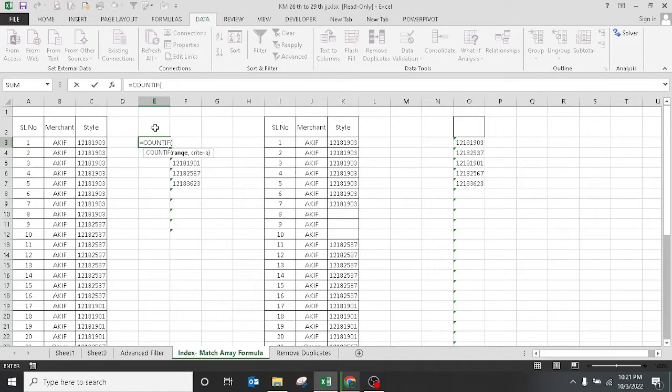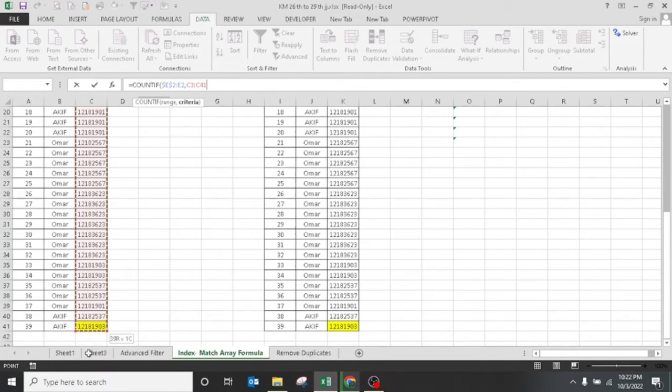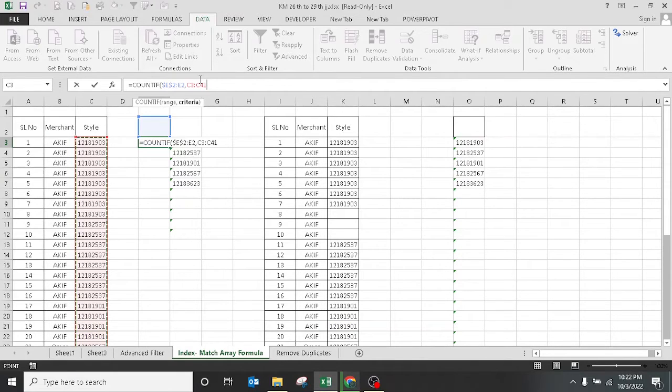So we will select our own range from there, and you should lock the first cell with the $ sign, and then you should enter the criteria, and our criteria is our list range. That's our list range. We close it,